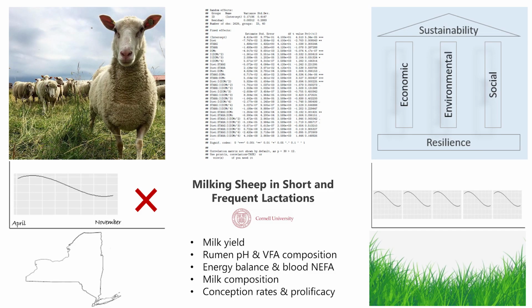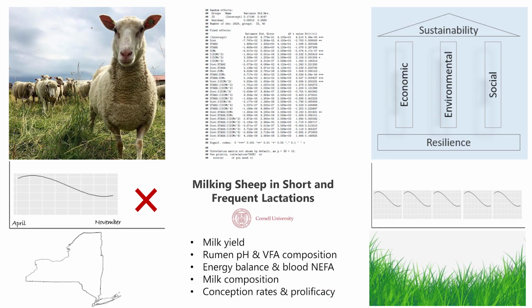We're doing this because we're trying to support our small-scale dairy farming communities to become more resilient through being more economically sustainable. Of course, if these farming communities milk their sheep year-round and produce milk year-round, they have product to sell year-round, which leads to more stable and a higher income. It also has the advantage that these farming communities can use their technology year-round. They can use their milking parlors and their aging facilities, for example,